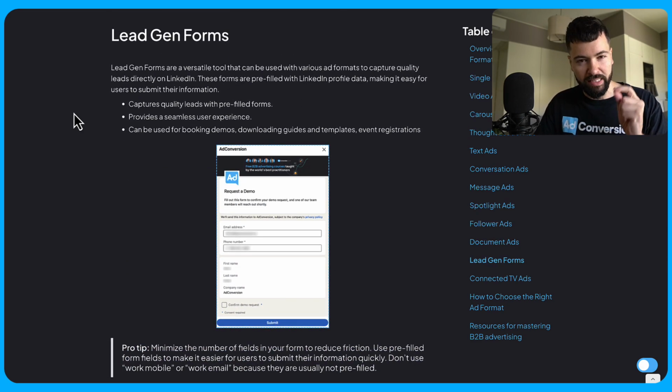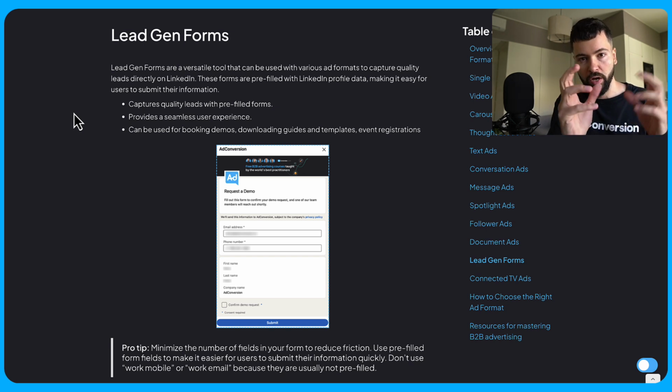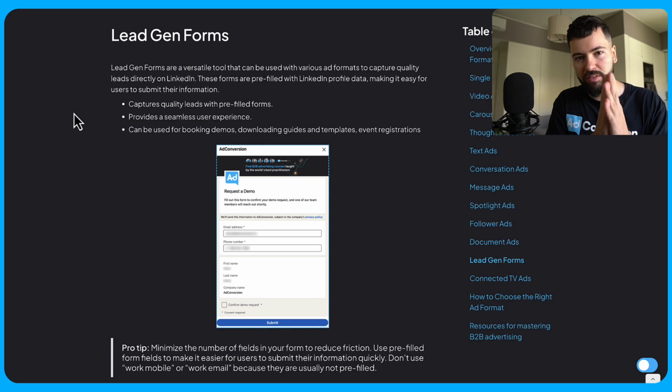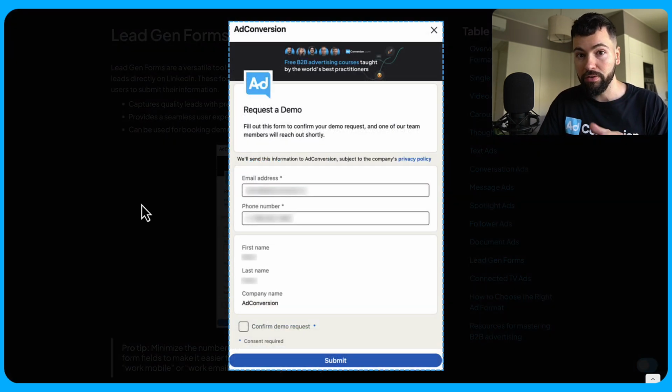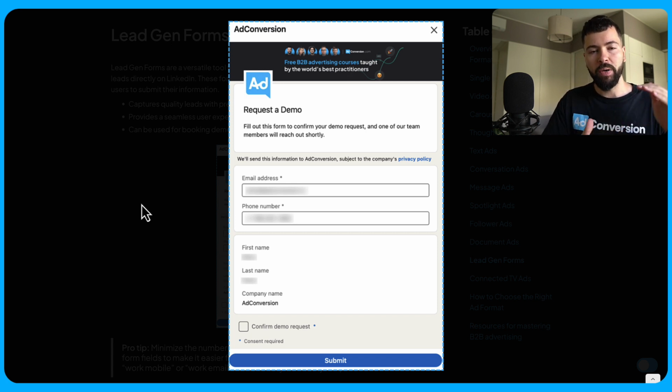Next is we've got lead gen forms. Lead gen forms is more of a variation of an offer, more so than an ad format, but it's worth talking about because it is very, very powerful. If you haven't tested it, I would highly recommend testing lead forms versus landing pages. In our experience, lead forms typically always perform better than landing pages in terms of conversions, but quality could be